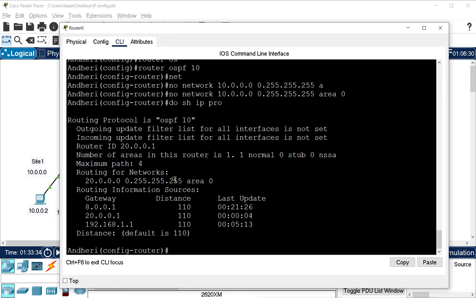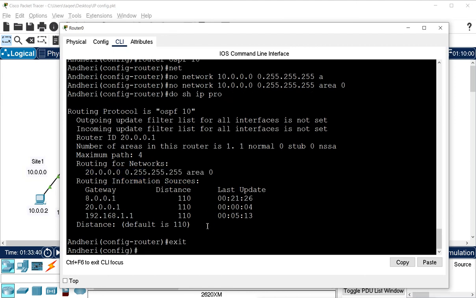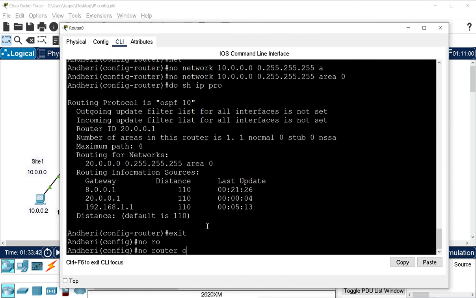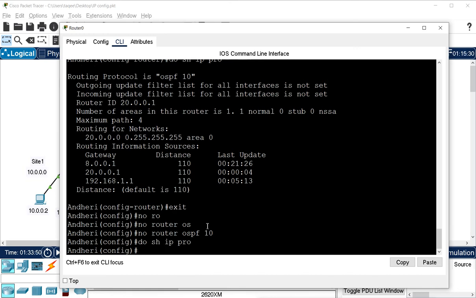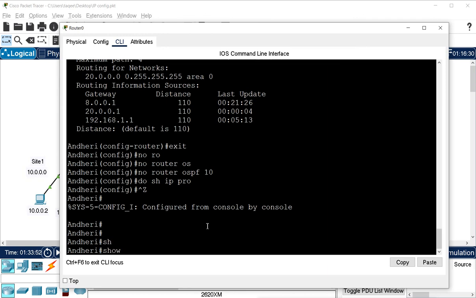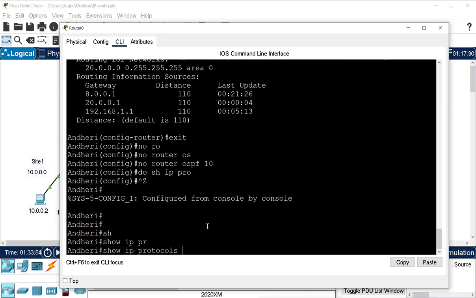Okay, we removed one network, but if we want to remove the whole routing process, we can just run no router OSPF process ID 10. Then it will remove the whole routing protocol. When we run the show IP protocols command, it says there is no routing protocol.